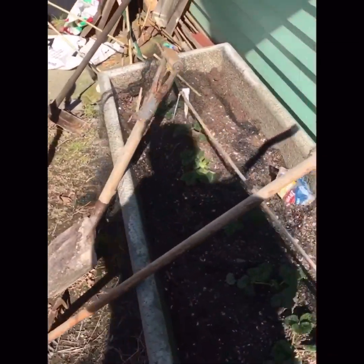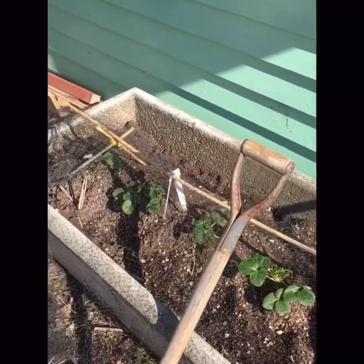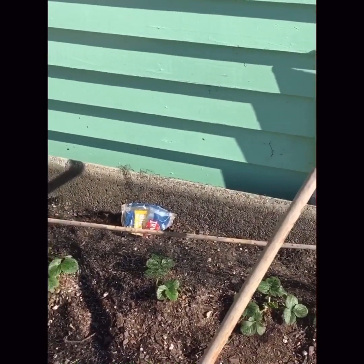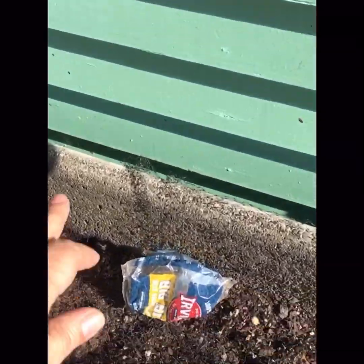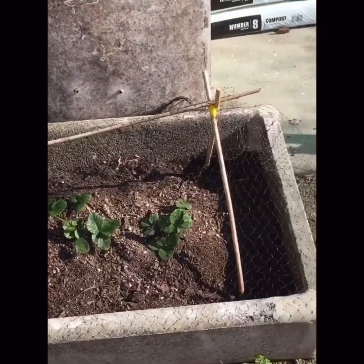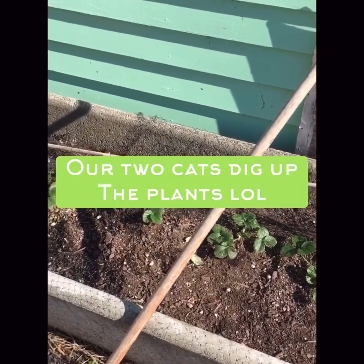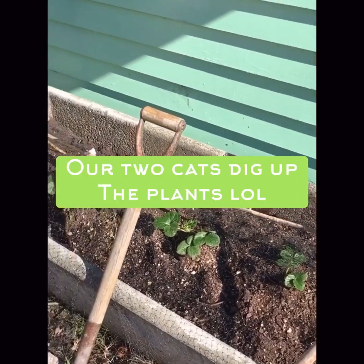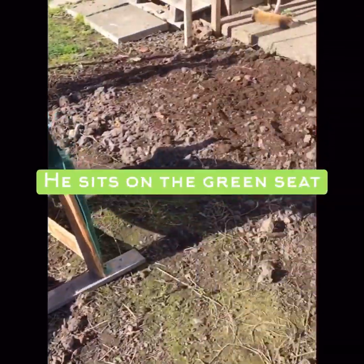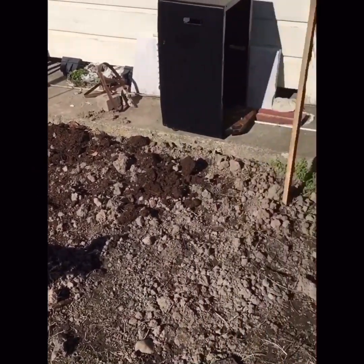And what we had to do is we had to buy some compost. Hopefully this year I'll get down to Tangaroa and we'll get some seaweed. Oh look, rubbish. I'll just get that. So we've had to put netting over it because our blooming cats, when they found out there was fresh dirt there, decided they'll just go in there and dig up all the plants. Anyway, Carl's digging and putting in compost for tomatoes. And here's a blueberry